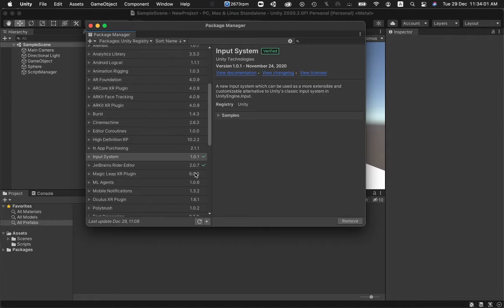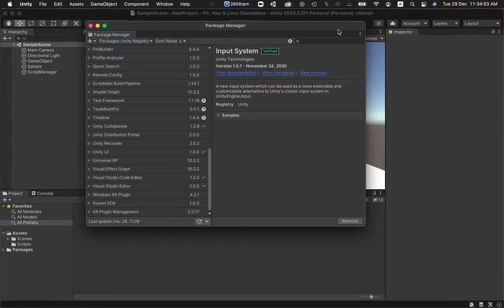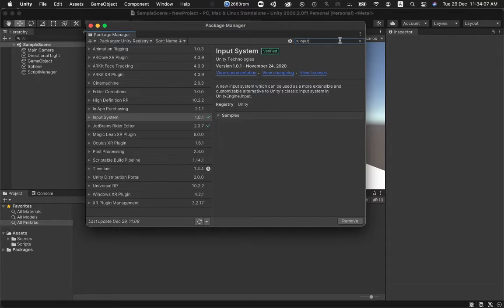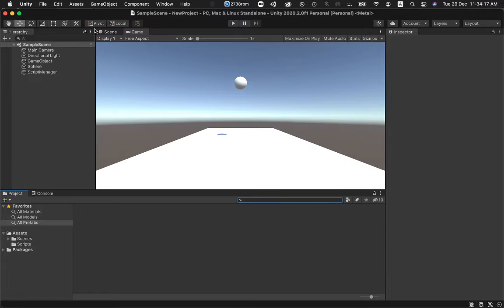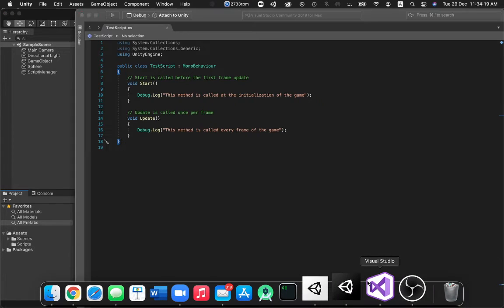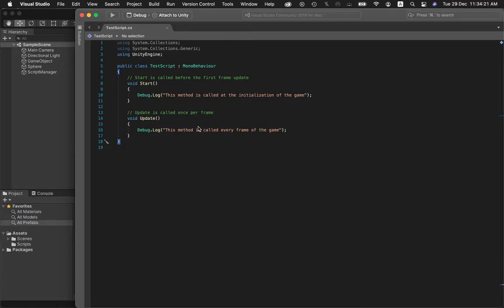And once all of this is loaded, I'm going to just search in input and I'm going to click install. Then if it works, it should ask you to restart Unity, and once you restart Unity you should be ready to go. Alright, so the first thing you want to do is head over to Visual Studio, and